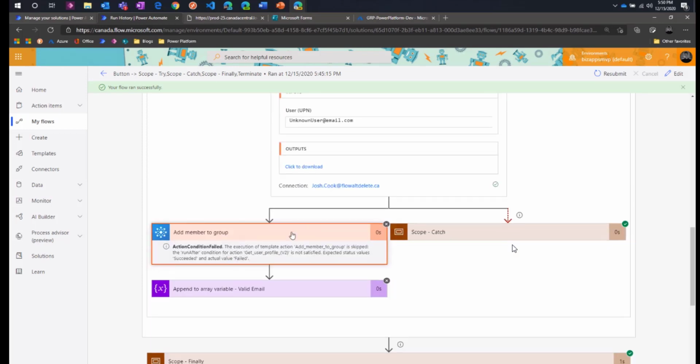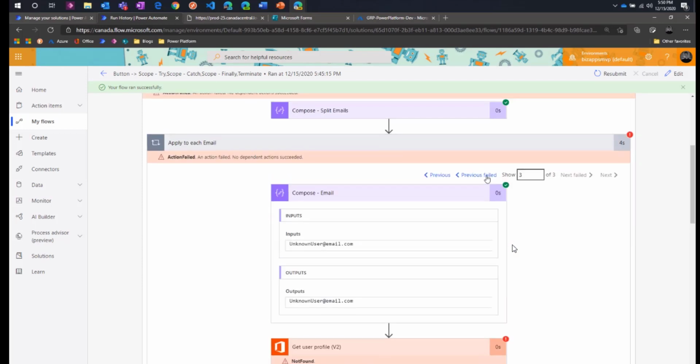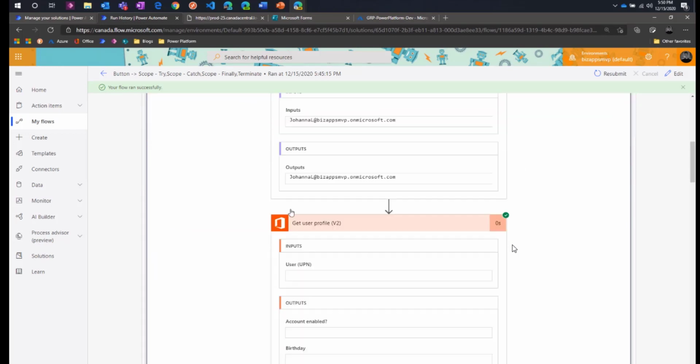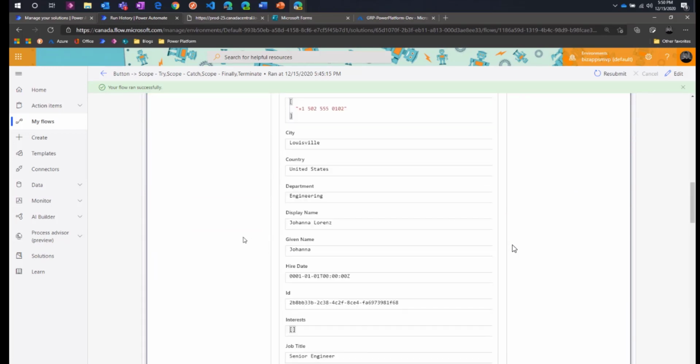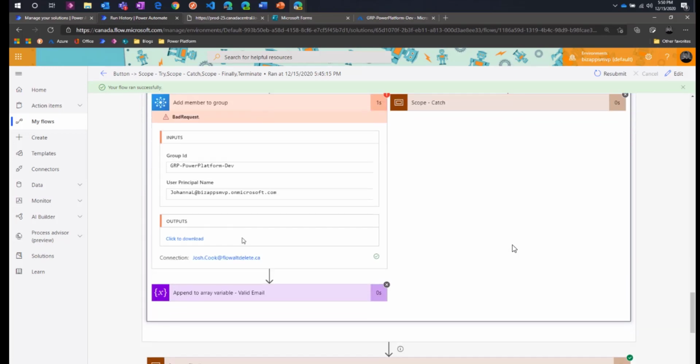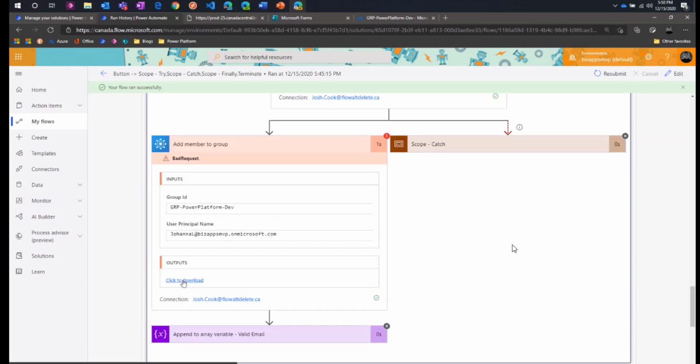So, if I go back to the previous one here, you'd be able to extract the outputs of this action. You can say, oh, if you see these words here, "already exists," then do something. Yeah, totally possible. You just have to have a lot of actions to do it, right? You're going to have a compose to use that action's